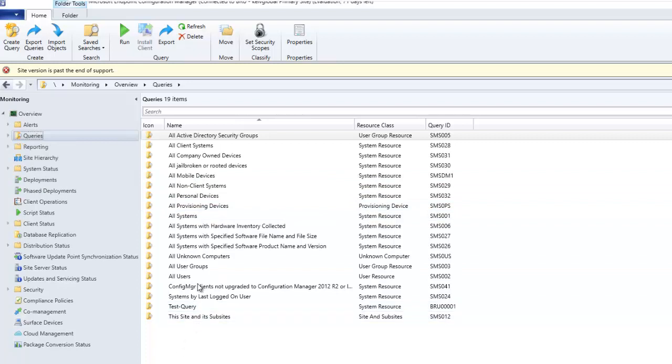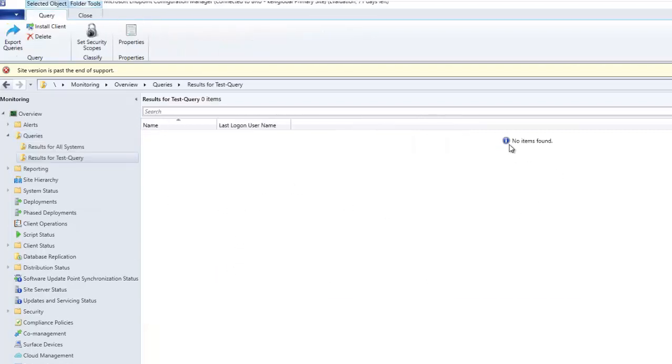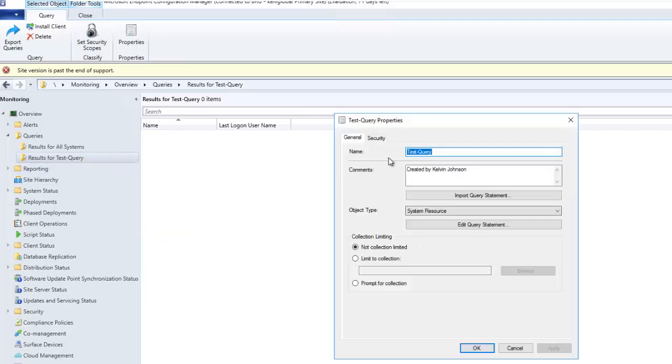So now that our query has been created, let's try to run our query. If I right click and then click run, here you can see we are not seeing any item because there is no device or logon user that meets that requirement. So if I go to properties of the query, or this tested query, and go to edit query statement,